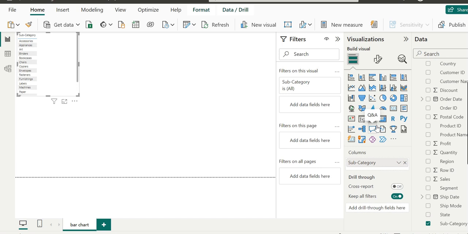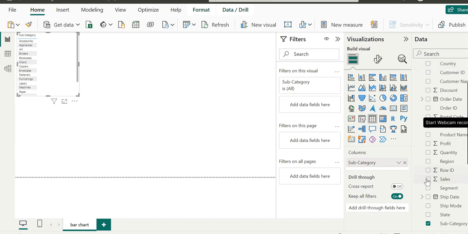Now, this table by itself is interesting, but it will become a lot more interesting if we add another field. Let's add a numeric field, the sales field.